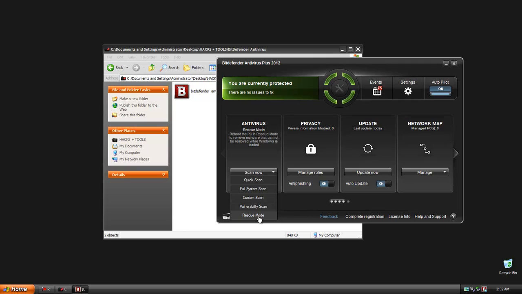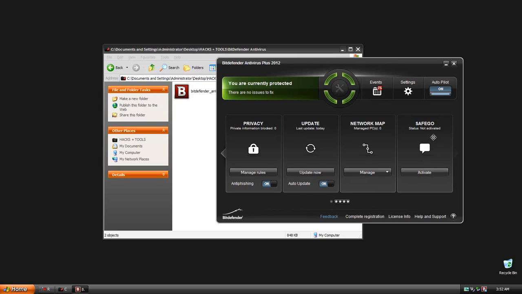So that is a very handy feature. You've got the vulnerability scan, and it tells you what each scan is for and how it works. You can manage rules, you can update now, and you can manage the network map, and you can also slide over to SafeGo. Now I haven't used SafeGo yet, so I'm not sure exactly what it is, but I'm pretty sure, by the image of the speech bubble here, I'm pretty sure it's for basically